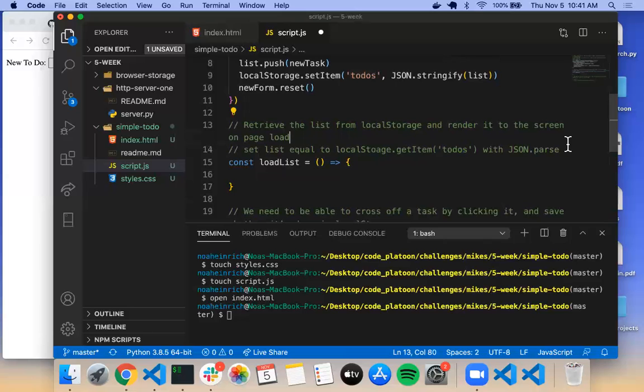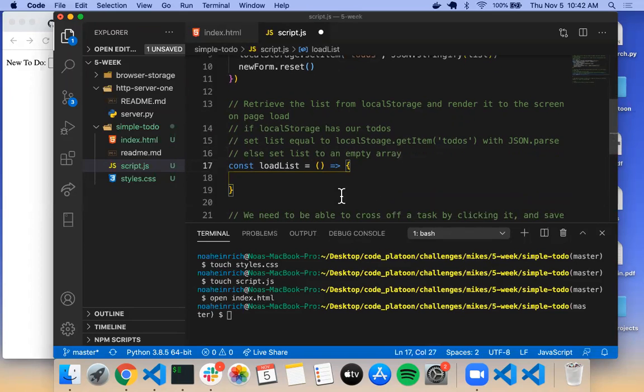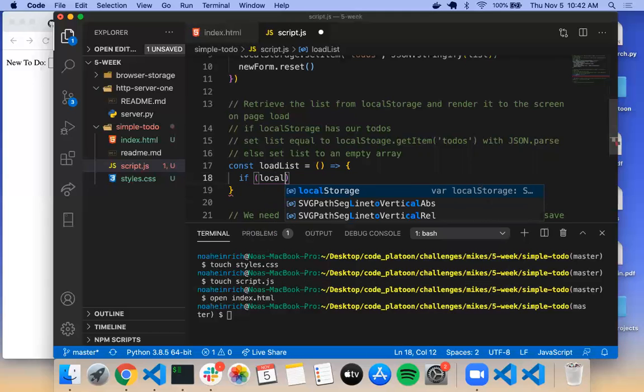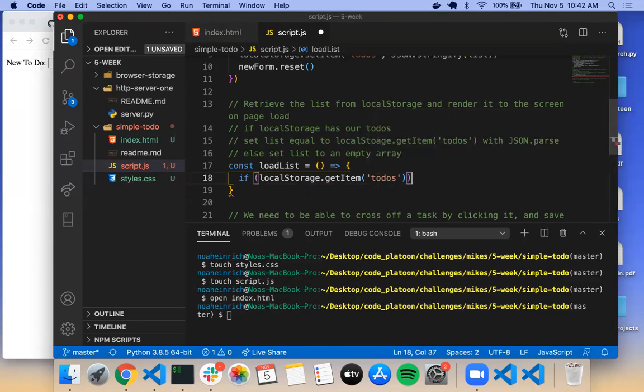Oh, right. You need an if statement or it'll give you an error and just stop the code. Yeah. So if local storage has our to-dos, do this. Else we want it to be, else set the list to an empty array. So we could do something like if local storage dot get item to-dos, list equals,